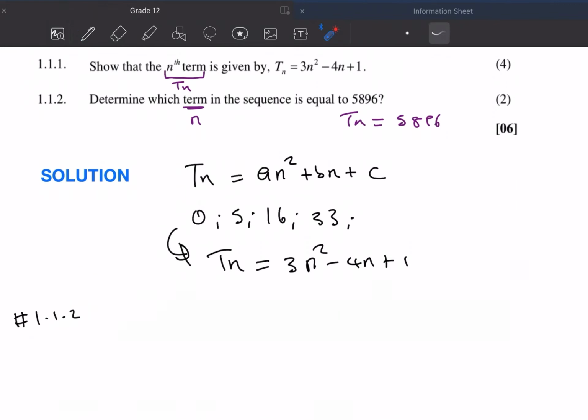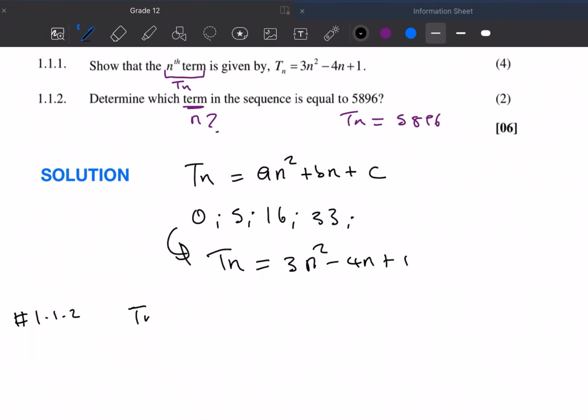Let's read again. Determine which term in the sequence is equal to 589.6. So they want us to know which term in the sequence is equal to this number, and this number is Tn. Tn is equal to 589.6. Because they want to solve for n, what you're going to do is Tn, you're going to say, okay,